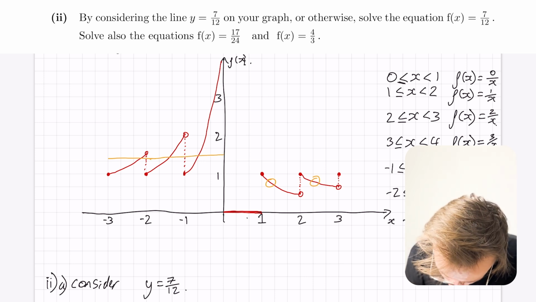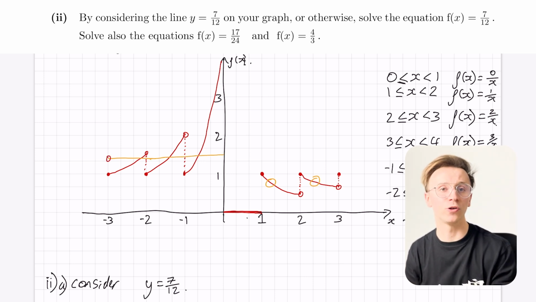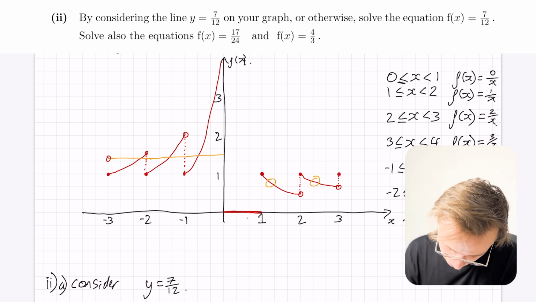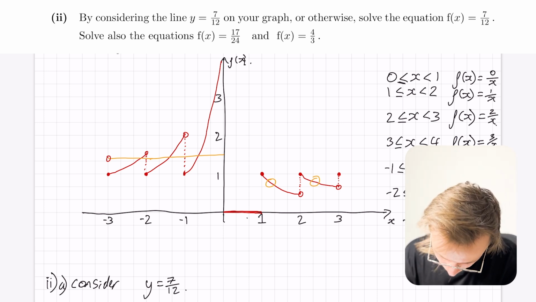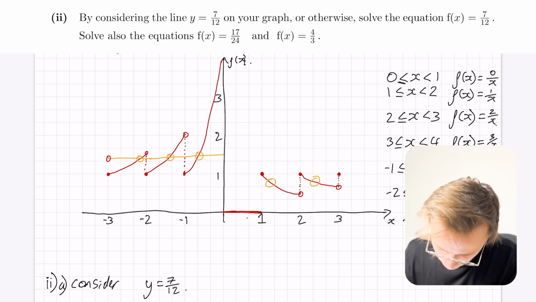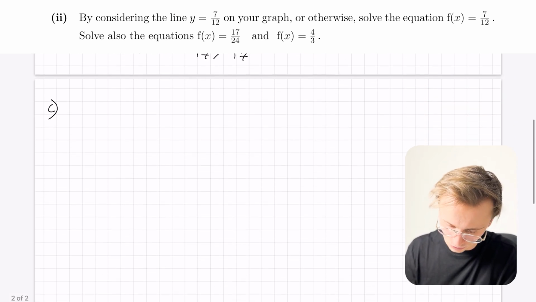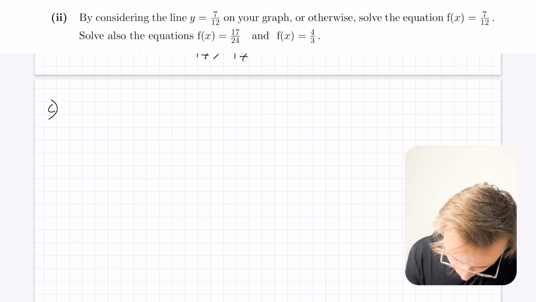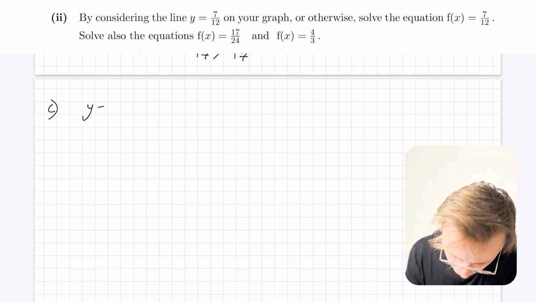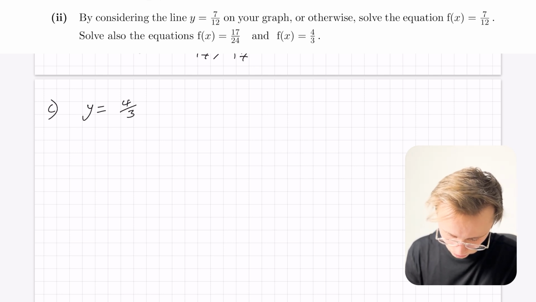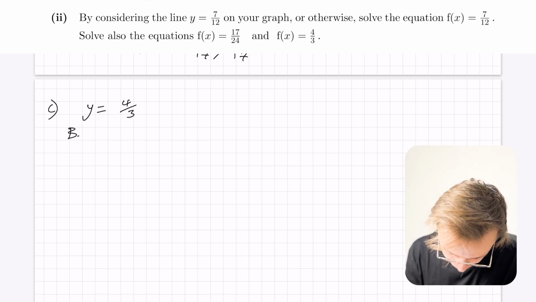And then if I was to continue the graph, this would be the open point, so we never actually have it equal to 4/3. So we have 3 solutions now, so we need to do it 3 times. So here, here, and here. So we need to solve 3 equations. Well, scrolling back down, 3 equations we need to solve. So just let me write y equals 4/3. Okay, so the first solution was between